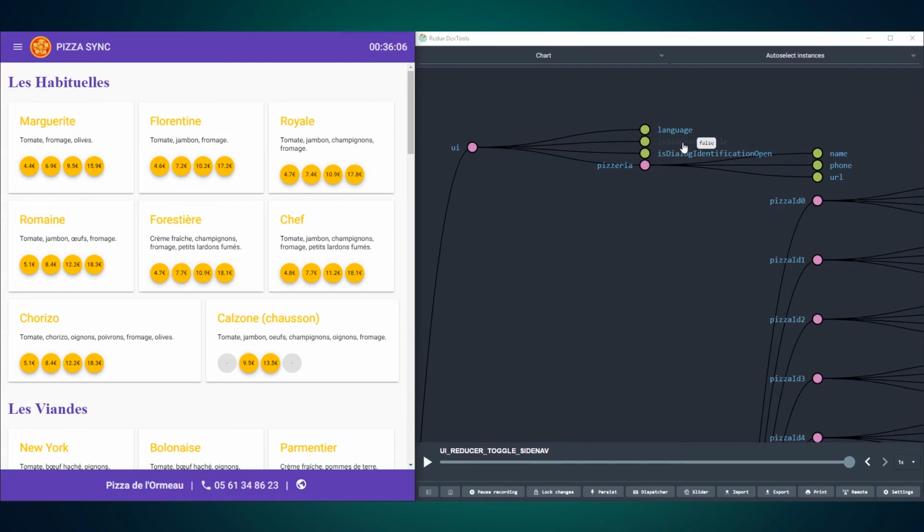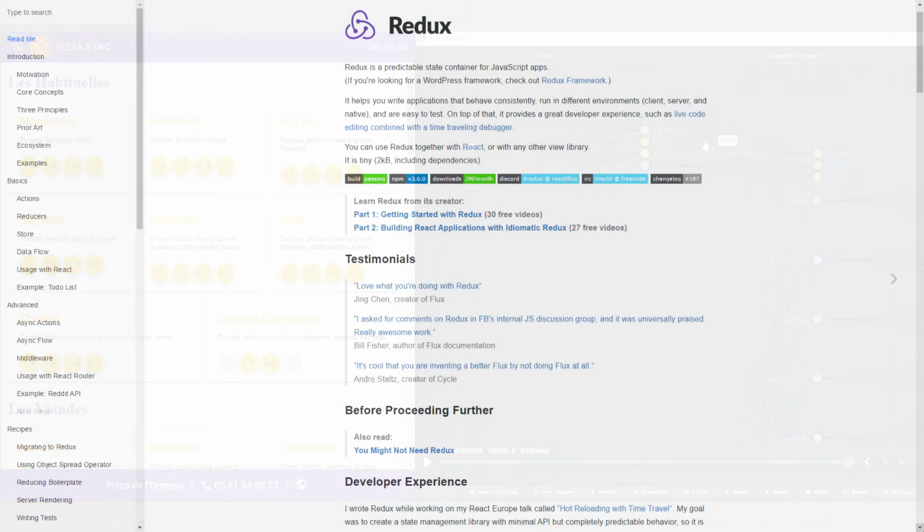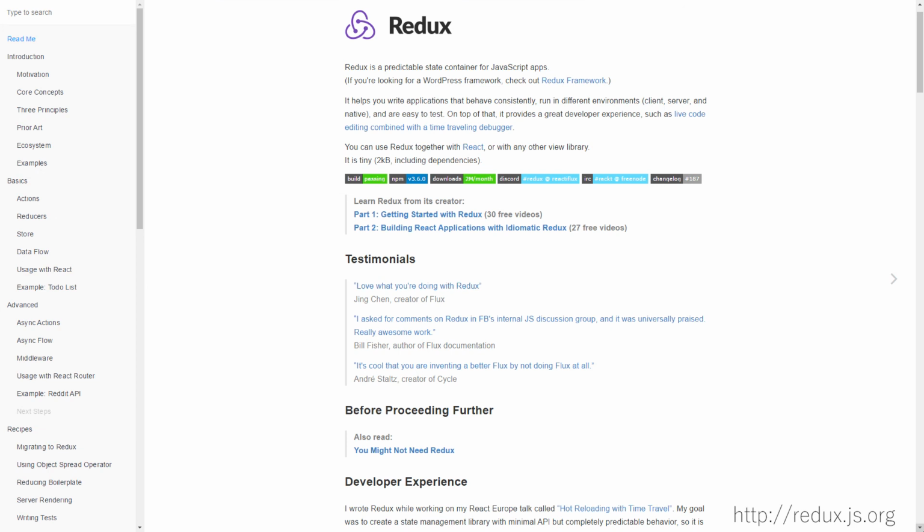I hope you enjoyed this little presentation of Redux and the idea of having a single source of truth for storing your data. If I raised your interest in Redux, the best place to start is the official documentation at reduxjs.org. And of course, you can access the PizzaSync repository at